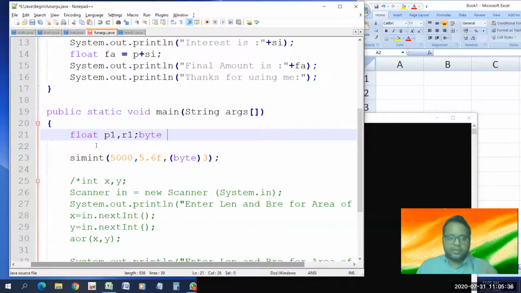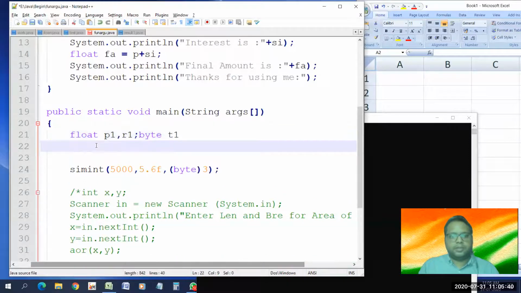This much is all that is needed. Just one more thing, Scanner in. No need to always write in. You can write input also, or sob, scanner object, anything. Don't get stuck with in only. You can write anything.